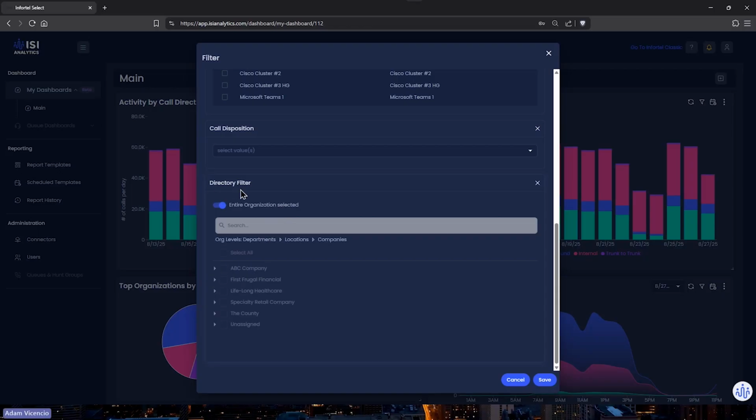Now, directory is utilized if we are doing any kind of a directory import into your system. So people's locations, people's names and extensions and emails and all that. If we're doing any kind of import into your product, into your tenant, then this is where we could filter